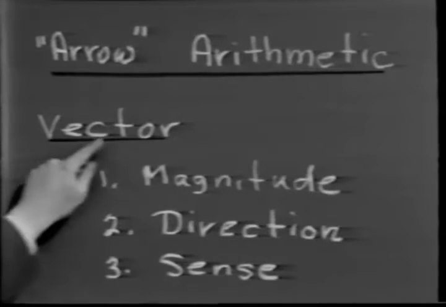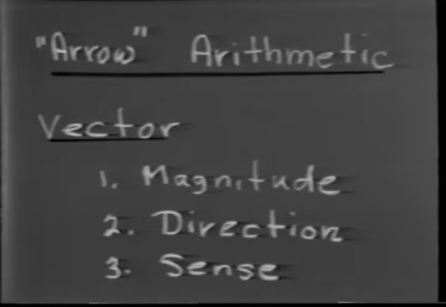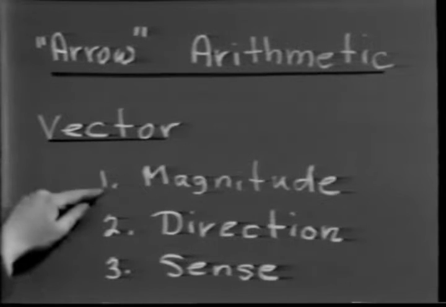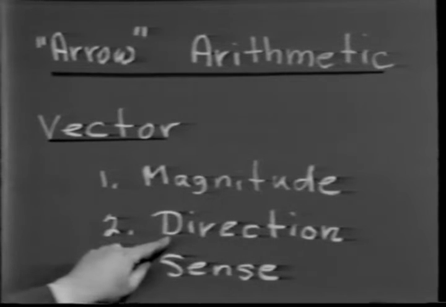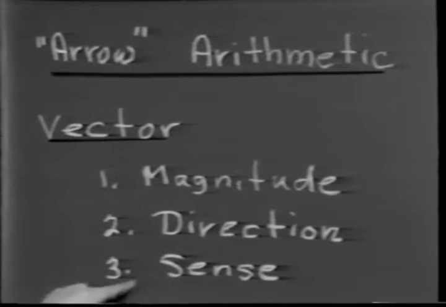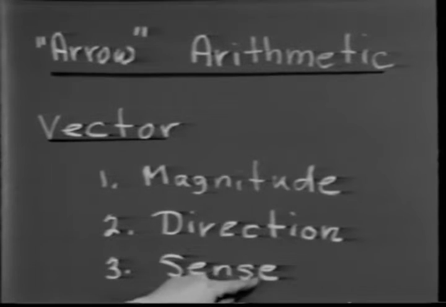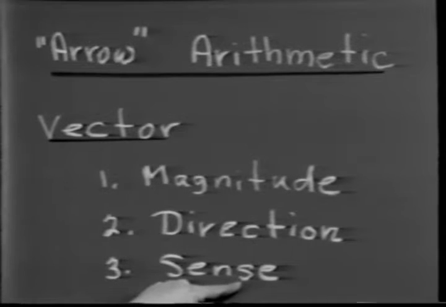For the time being, let's very quickly review what a vector is. I think most of us know this, but just to make sure that there are no misinterpretations, a vector is any quantity which depends on a direction as well as a magnitude. In other words, a vector quantity is one which, in order to specify uniquely, we must tell what its magnitude is, its size. We must tell what direction it's in. And finally, something which I call the sense,